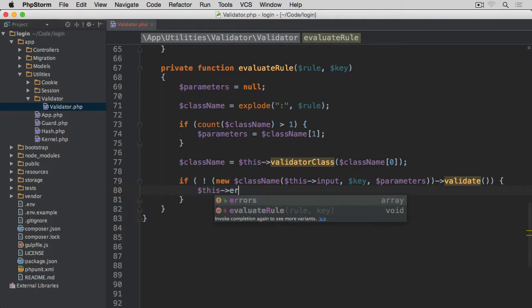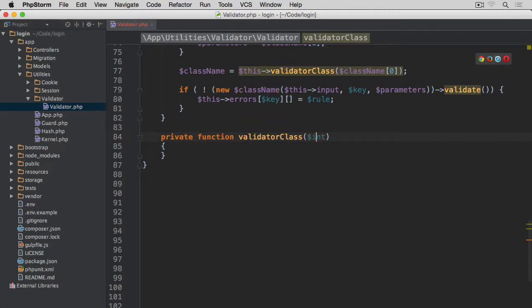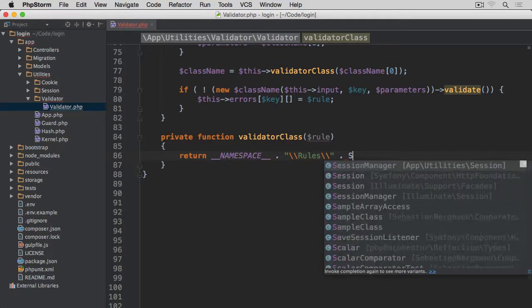Then this errors, we pass key, and because there might be more than one error for a given key, we're going to append another set of square brackets, and then the rule which failed. Okay, let's add this validator class, and that's going to be simply a rule rather than int. It's going to be rule, and here we're going to return namespace, because we're basically creating the name of the class with the namespace, so existing namespace, and then we add rules, and then we're going to concatenate it with a string. Basically it's a factory,